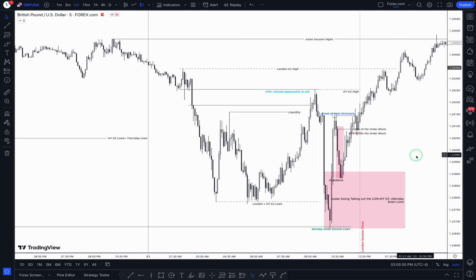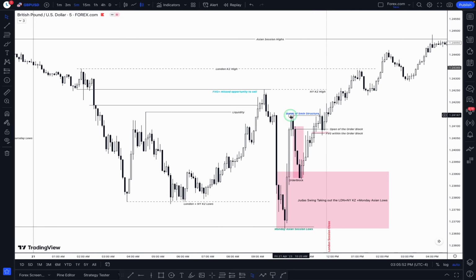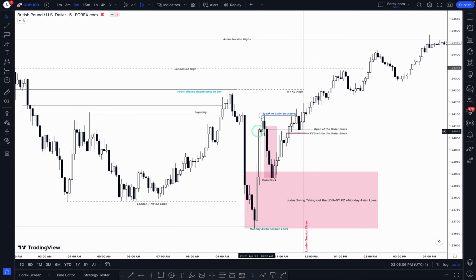Structure wise, our higher low or our lower high on the 5-minute is formed here, and as market traded up past that level, that confirmed a break of structure. We look into the left and we find these 3 consecutive down close candles that form our bearish order block. The start of the order block, or the opening price of the order block, is drawn across here, and we have formed a fair value gap in between.